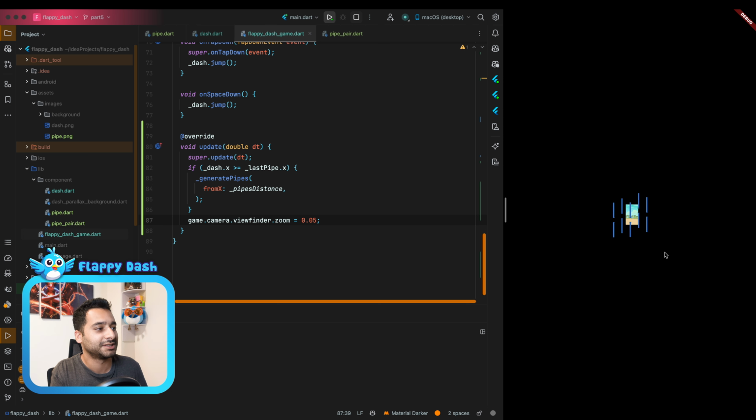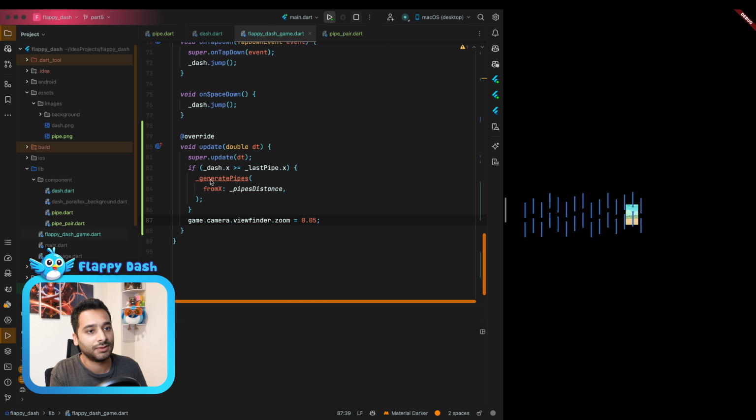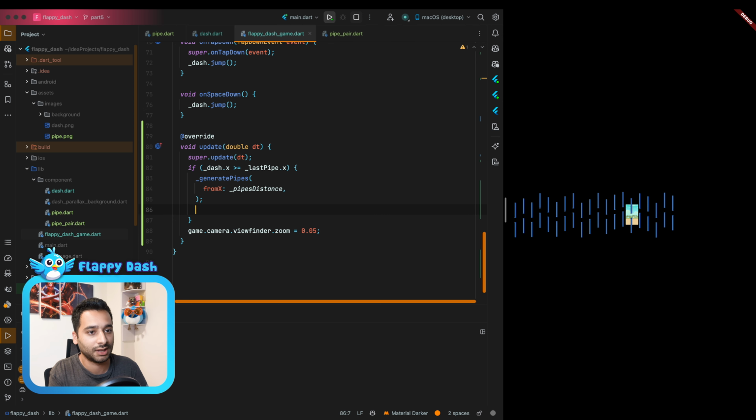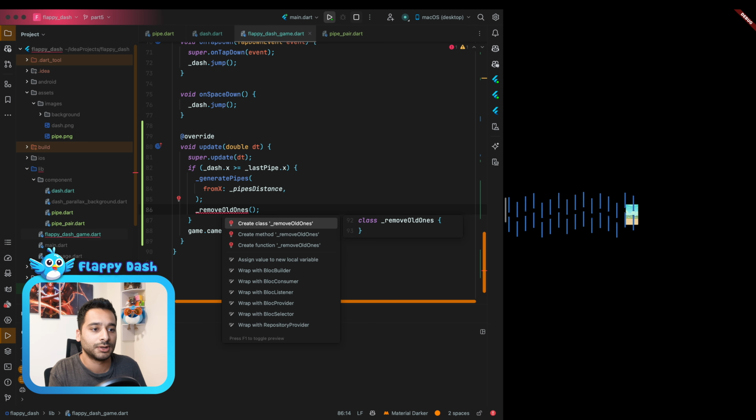I don't know if you can see it or not, but it is too small. Yeah, so you see that we generate 5 pipes, and then after that we generate 5 more. So we need to clean the old ones that are here. To do that, when we generate new pipes, we can say try to remove old ones. And in this method,